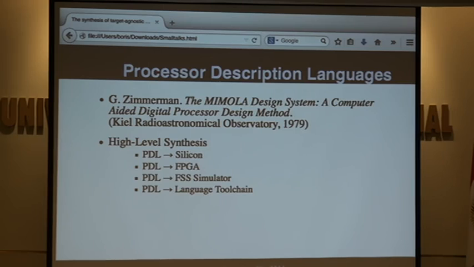So they started trying to design their own chip specialized for what the telescope was giving them, and they discovered that they needed higher level tools to reason about what the processor is doing. So they realized that they cannot just use natural language to describe the semantics of the behavior of the processor. You need some formal language to describe the structure, to describe the behavior of whatever level of what's going on.